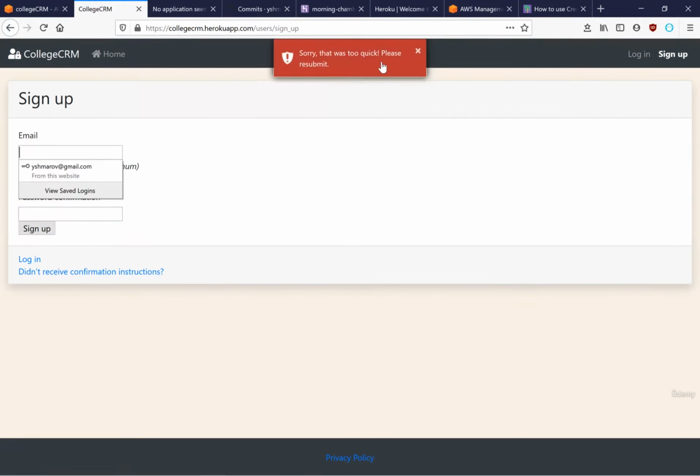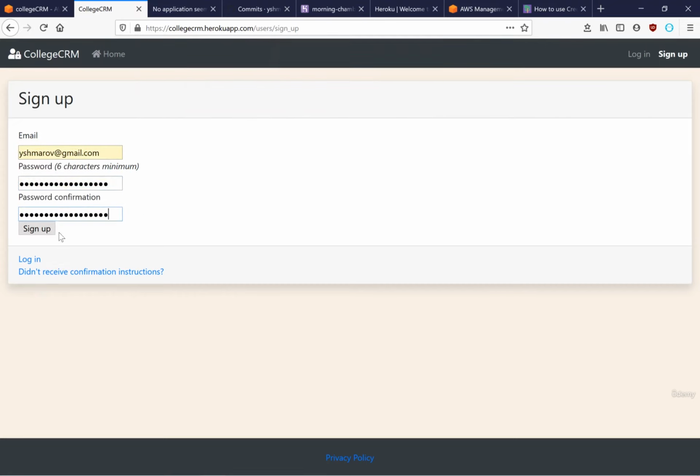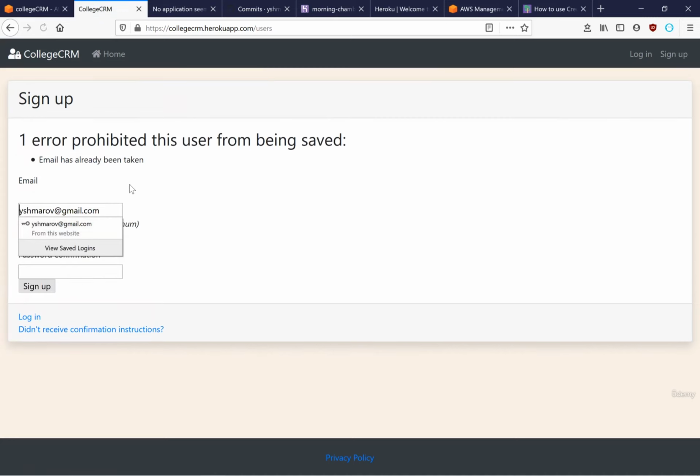Okay, I get this that it was too quick. It is the reCAPTCHA. So it thought that I was a bot, and email has already been taken. Okay, so I managed to create an account, but there was another error. Well, actually, the error was from sending emails in production, because